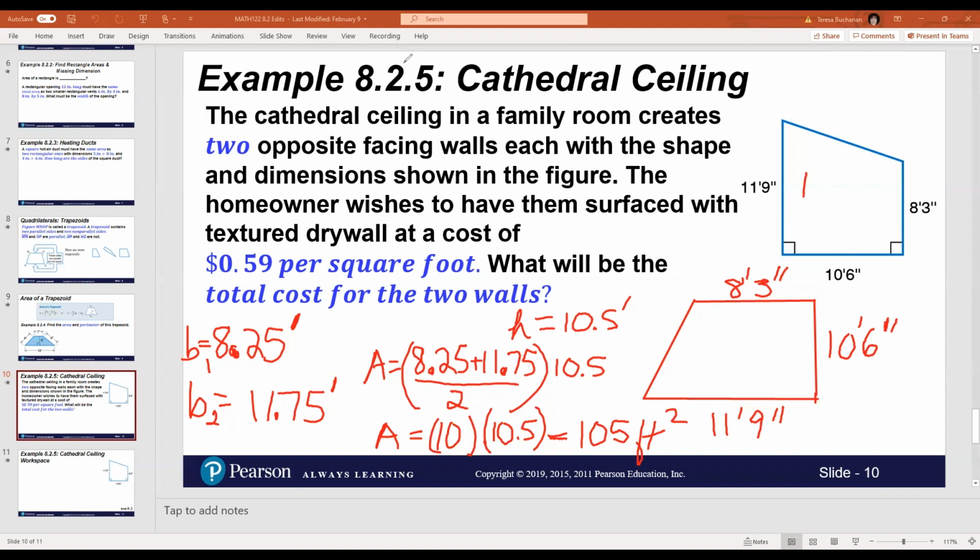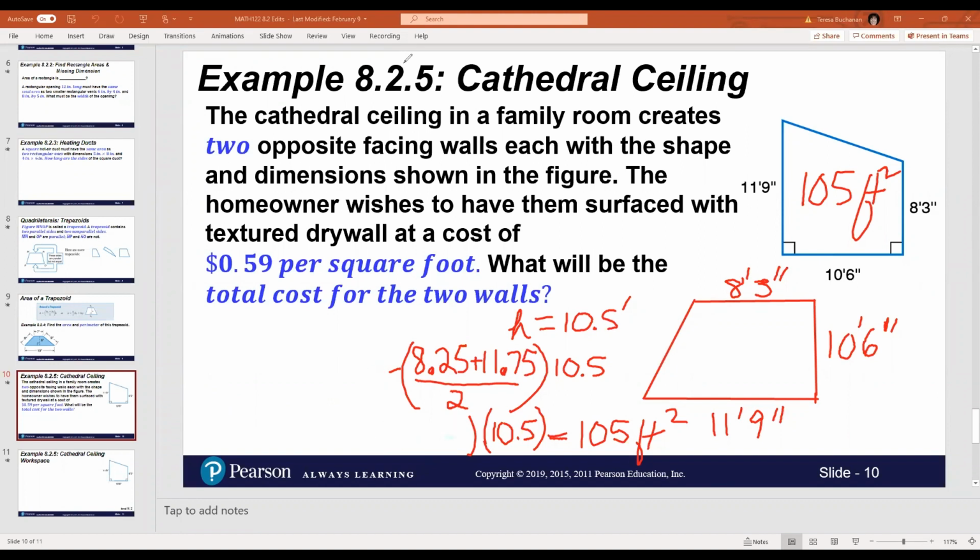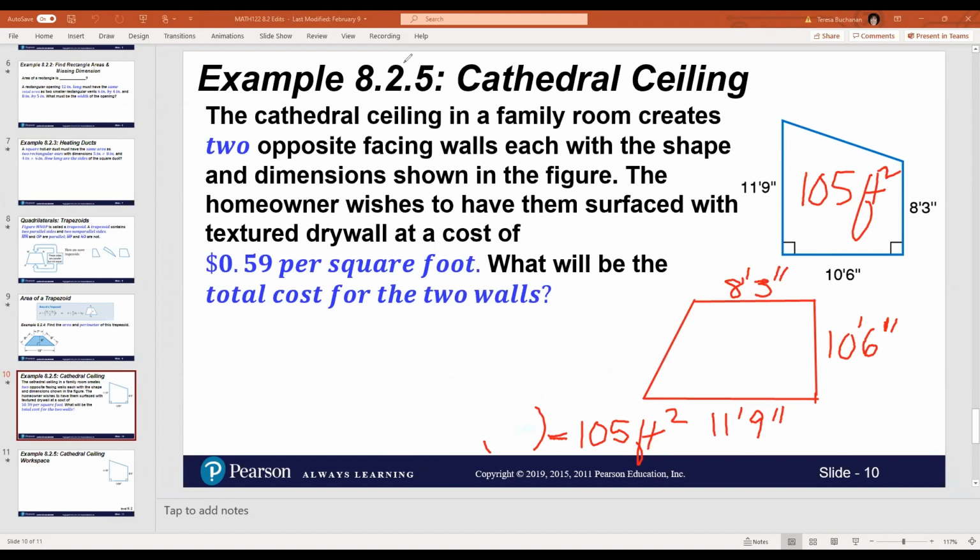So I'm going to make a note of that right here. That's just one. So I can make a little room here. I did give you on your notes, if you want to sprawl a little bit, another space there below. So you've got room if you want to keep some of this, write some of this somewhere else. So I have 105 square feet for one wall, which is 210, of course, for the two. 210 square feet